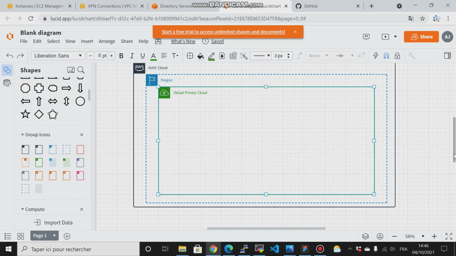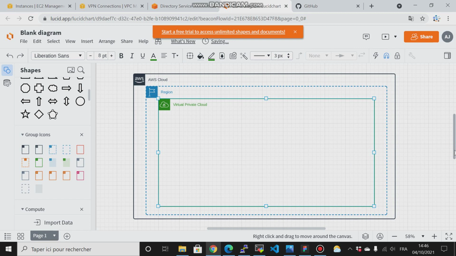So to explain what this means in real life, because all of this is virtual. You just select it in the console, but under the hood, AWS manages all of this for you. So what is a region? What is a virtual private cloud? So I will give you a real scenario and try to make an analogy between this virtual